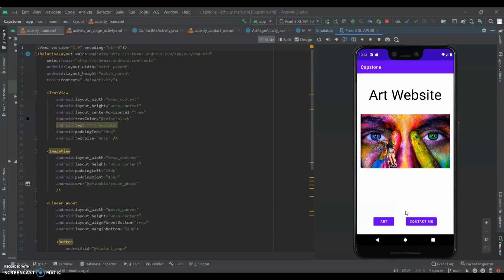I didn't use any of my information or my art or anything, just because it's supposed to be a template so that people can edit this and create their own out of it. I also didn't want to post all of my information. So